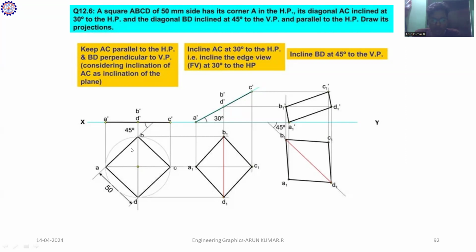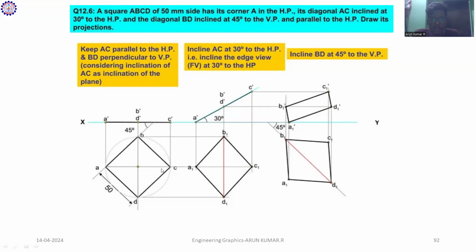Then you draw a 45 degree line towards the XY line. On this line, mark 50 mm, which is the AB length. Similarly, you have to draw the AD length also 50 mm. After constructing AB and AD, you have to